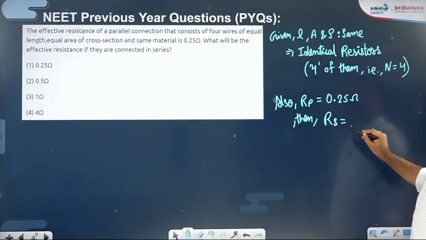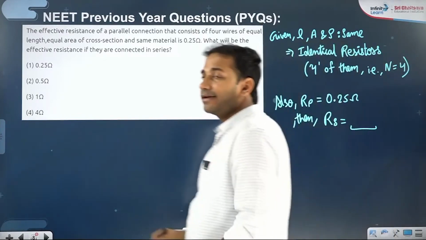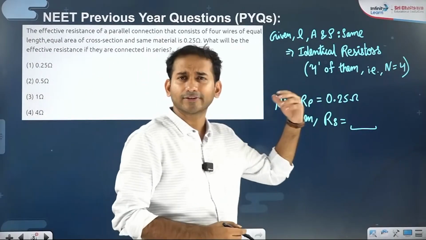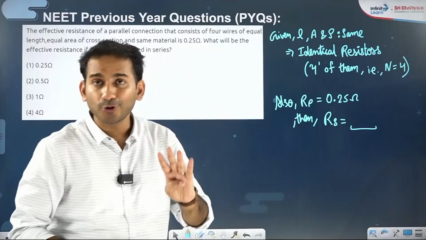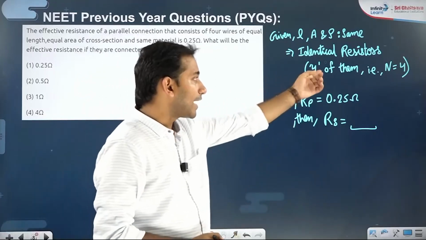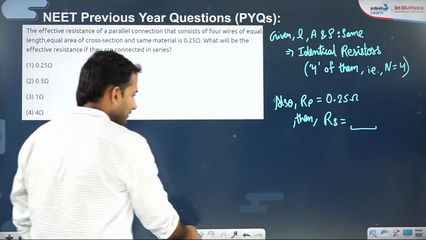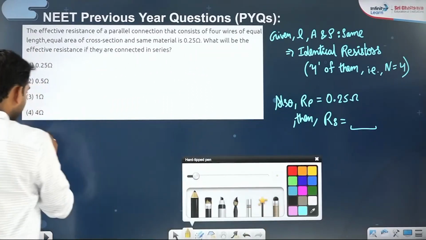R series is what? That's the question. Length, area and material are given to be the same, which means you are dealing with 4 identical resistors. The parallel combination resultant is 0.25 ohm and they are asking for the series combination. How to solve this? We know